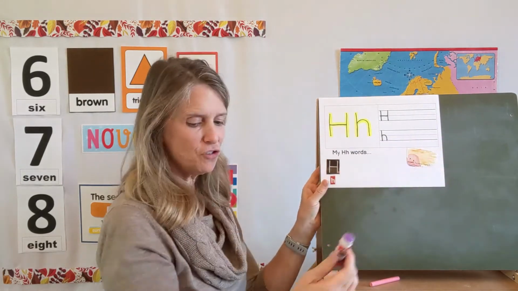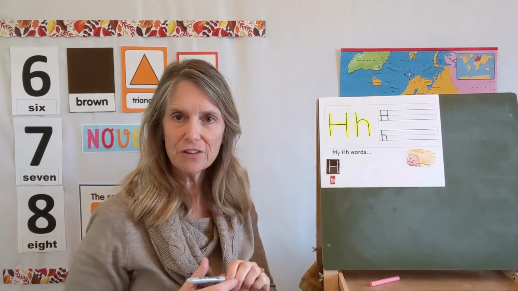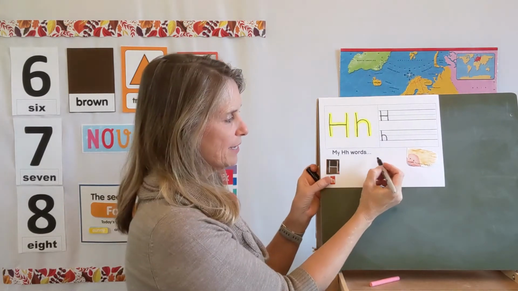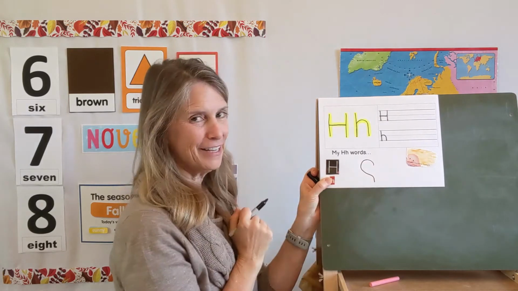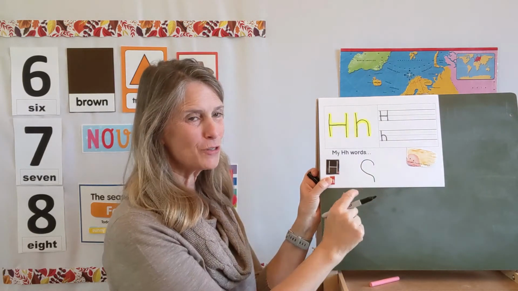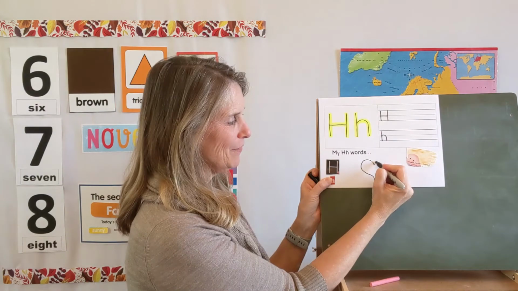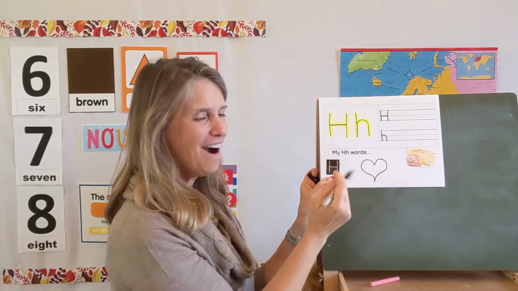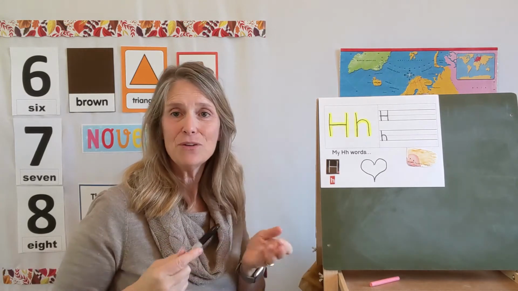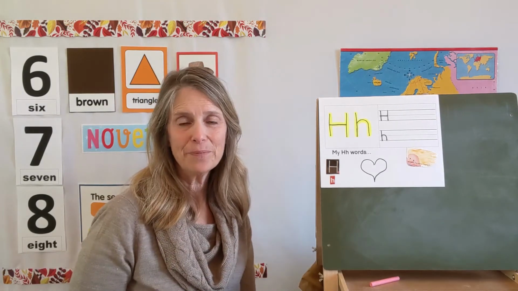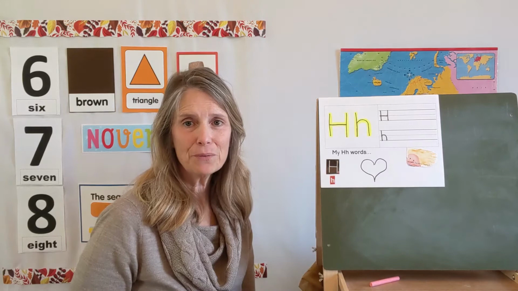Then there's something I want to draw on here. A word we said earlier that starts with an H. See if you can guess as I start drawing. Can you guess what it's going to be? What's that H word that I'm drawing? You ready? You finish off the other side. A heart. Heart starts with the letter H. So I can draw that on there. If you can find one, you can put that on your paper. So you can finish that on your own when the video's done.